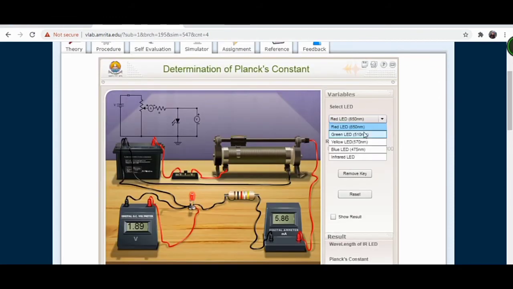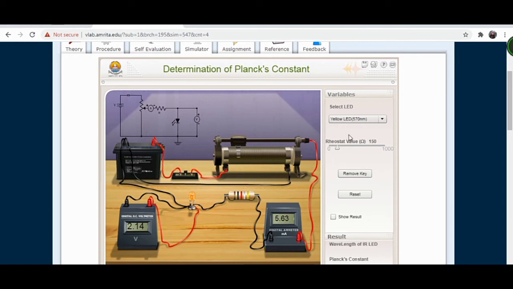Now similarly we have to calculate this threshold voltage for the green color also. We are sliding it. Actually the concept is that the threshold voltage is the voltage at which electrons from the conduction band fall to the valence band and a photon is emitted, and when the photon is emitted we see light, we see a glow in this LED. As you can see here, in this case we are getting this value at 150 ohm or 2.40 volt. At 2.40 volt we have seen a glow in our LED.